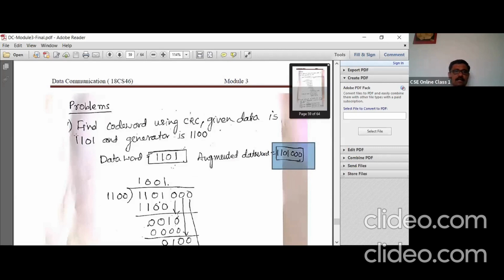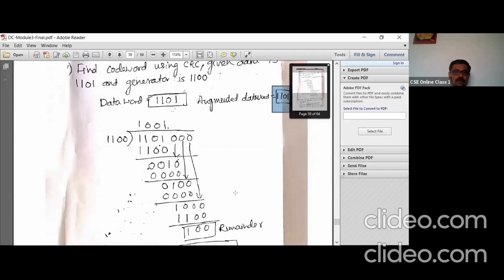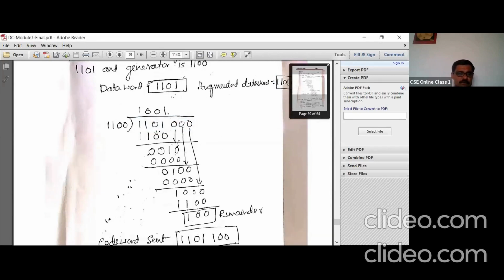It is one less than the number of bits in the generator, 1100. Here there are 4 bits in the generator, so I have appended 3 zeros. This is called the augmented data word, and we perform the division operation for this.